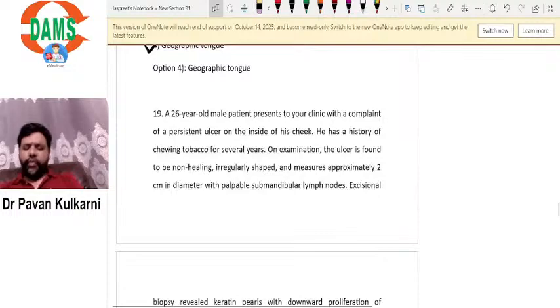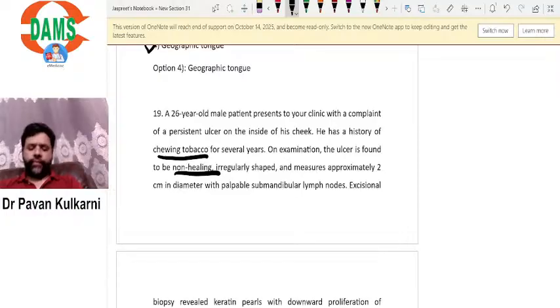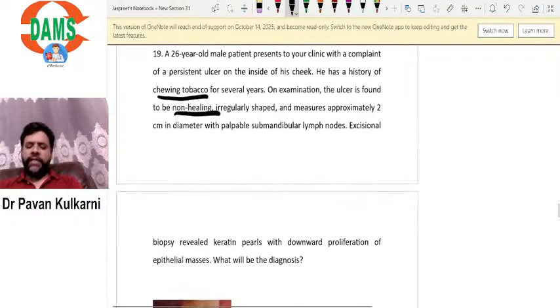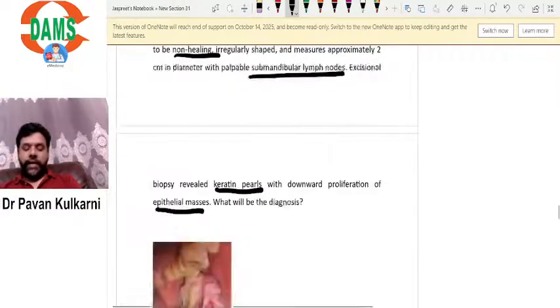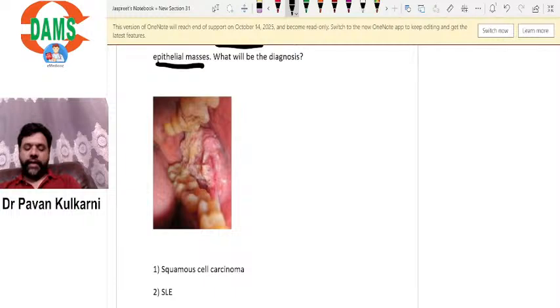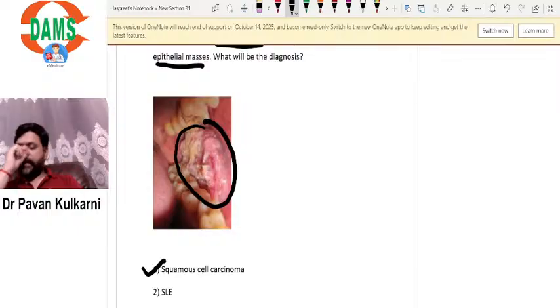Typical. See, there are so many points. First of all, a non-healing ulcer. The patient is a tobacco chewer, there are non-healing ulcers, lymph node metastasis is there, keratin pearls are there, and there is a clue they are giving that the epithelium is entering into the connective tissue. There is invasion. So all these are typical features of squamous cell carcinoma. If you see carefully, the answer is squamous cell carcinoma. This is a non-healing ulcer, and the clue that they have given here is that the